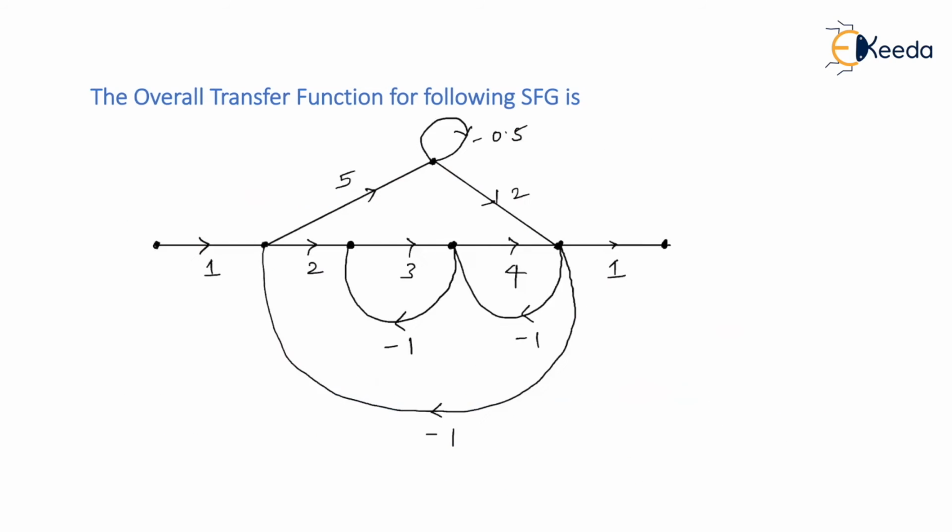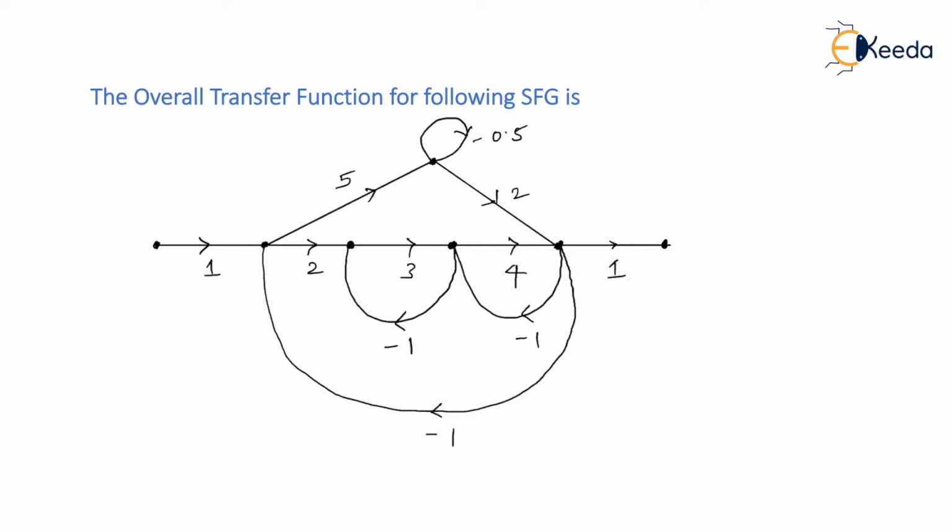Let us go to the next problem. Unlike other problems, this problem is quite different. Why is it different? It is different because your gains are given numerically. I mean, they have not specified G1, G2, G3, G4 in terms of symbols. They have given numerical values this time. So there is absolutely no problem. The way we write G1, G2, G3, G4, maybe in this case it is 1 multiplied by 2 multiplied by 3 multiplied by 4, and we have to take a product of it. So the answer we get, as compared to other questions, would be in the form of a numerical answer. Let us try to solve this.